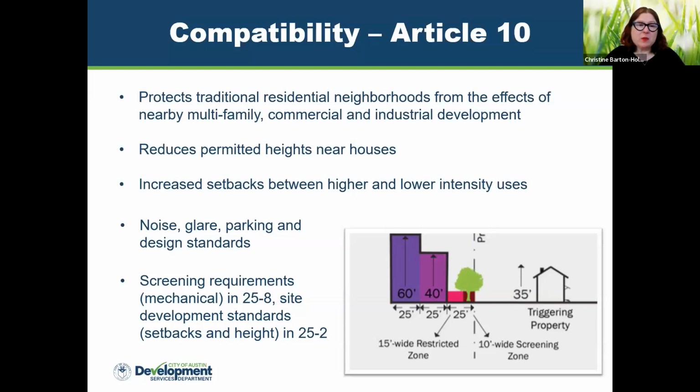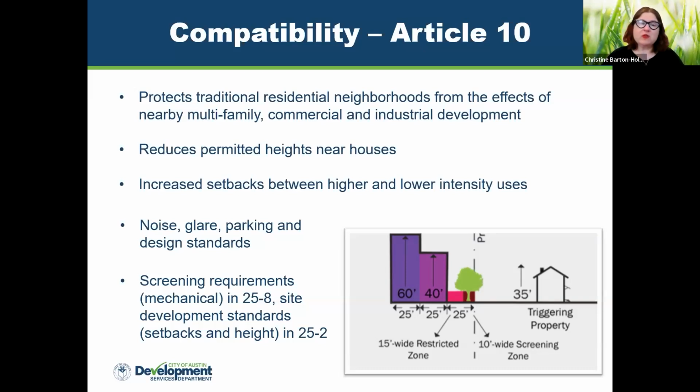It does that by reducing the permitted heights near the houses and increasing the setbacks. So it creates a buffer between the lower intensity residential uses and the higher intensity ones. And there are also strict noise and glare and parking and design standards.